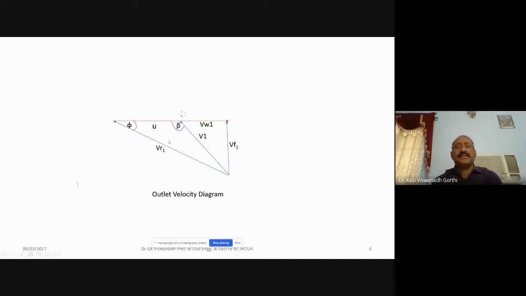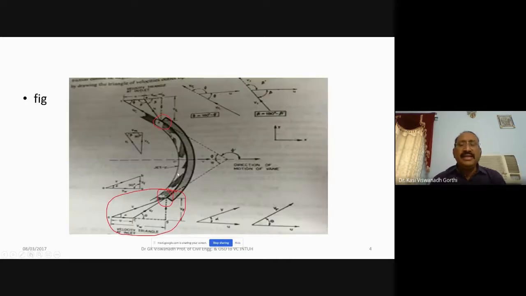represented both in magnitude and direction. Just go back to the figure, indicating that after striking here, the vane is moving in the x direction. The moment I say the vane is moving, the center of the vane, the inlet tip of the vane, the outlet tip of the vane, everything is moving. It is not only one part of the vane which is moving. The vane is solid, the entire vane is moving in the x direction with a velocity small u. That means either the inlet tip or center or outlet tip of the vane, everything is moving with the same velocity u along the x direction.